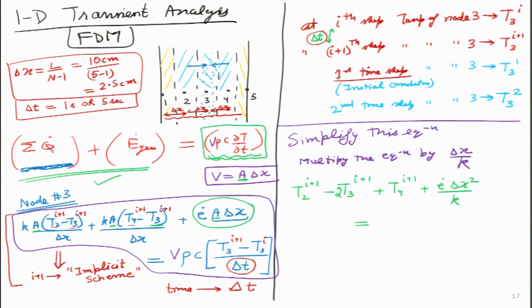If you find any error in it, go ahead and do that, and then we will find rho c divided by k, and there will be a delta x square, because one delta x will come from volume over here, area will get cancelled, and this delta t we are taking outside now. So, this becomes like this delta t, and inside the bracket what is remaining over here is T3 at i plus 1 minus T3 at i. So, let me go ahead and make a box around this particular term.